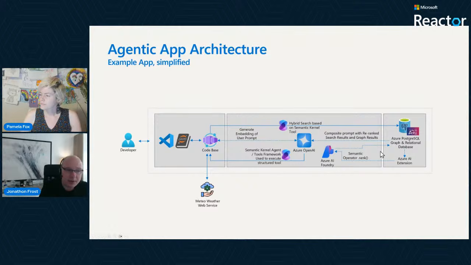We're also using our relatively new semantic operators to show how we can do semantic re-ranking using our rank endpoint, and how we can design it and build it as a plugin in our search architecture. On top of that, we're also bringing in an external web service just to illustrate that when you're building an agent, you can have multiple tools that perform multiple functions, some doing vector search, some calling a graph database, some calling external web services, all of which help to build the richest composite prompt for that agent experience.